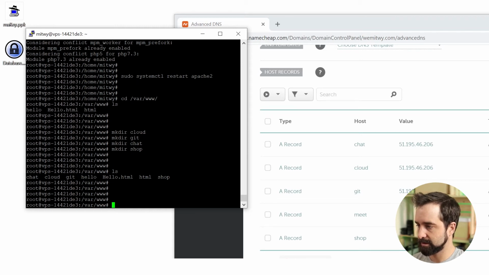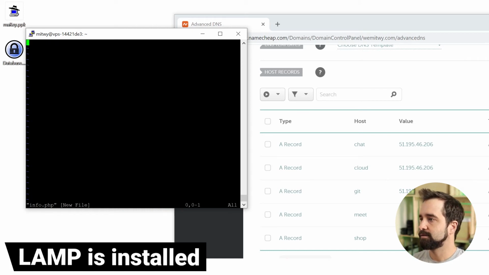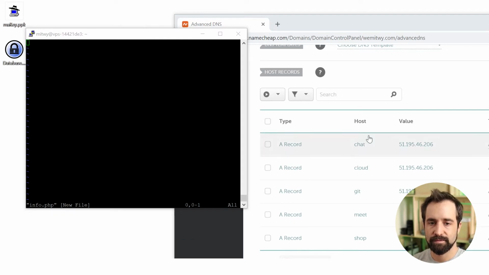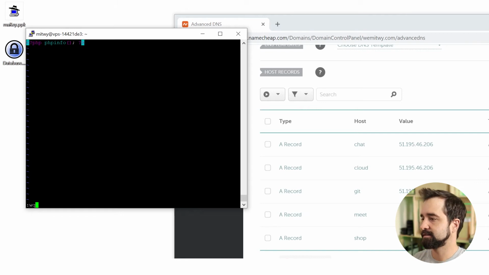If I show you PHP and how it works, I'll go to the folder chat, and I will create a file in PHP this time. If I had done this before installing PHP with the .php at the end, it wouldn't have worked with Apache, but now it should. If I add into it information about PHP and I exit, save, and close,